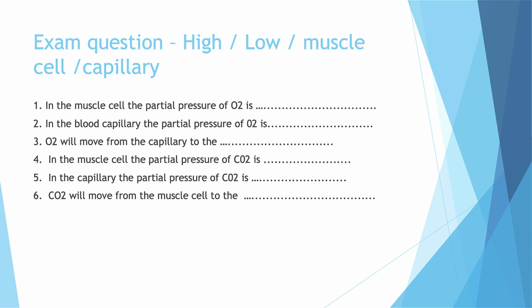Six questions to test yourself. Pause the video now and answer these following questions. Number 1. In the muscle cell, the partial pressure of O2 is... Number 2. In the blood capillary, the partial pressure of O2 is... O2 will move from the capillary to the... In the muscle cell, the partial pressure of CO2 is... In the capillary, the partial pressure of CO2 is... And CO2 will move from the muscle cell to the... Once you've answered these questions,